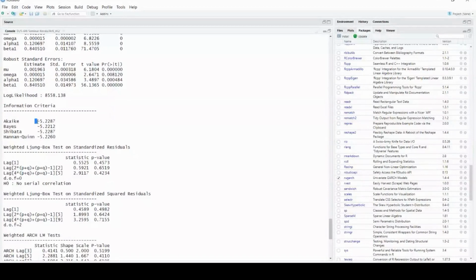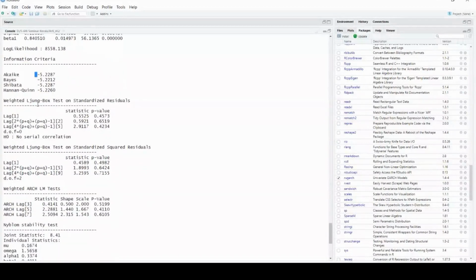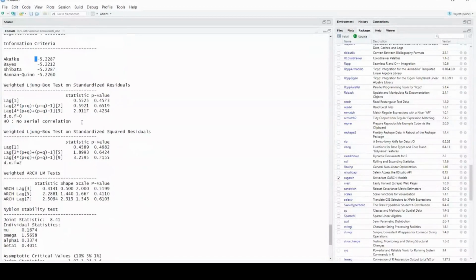Now coming to the third thing, which is the weighted Ljung-Box test on the standardized residuals. My null hypothesis says that the residuals are not serially correlated. This is basically for the diagnosis of the residuals. That is also very important when we run any of the models.